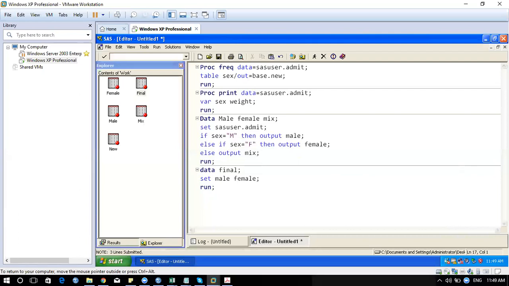So let's say I'll create one more variable. So data new set male, location is equal to Delhi.